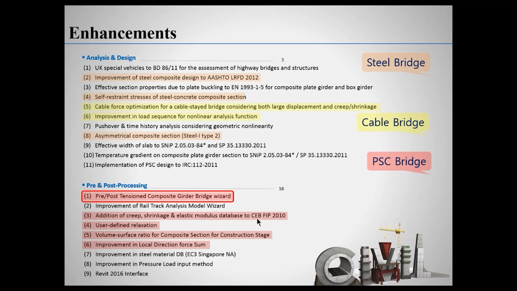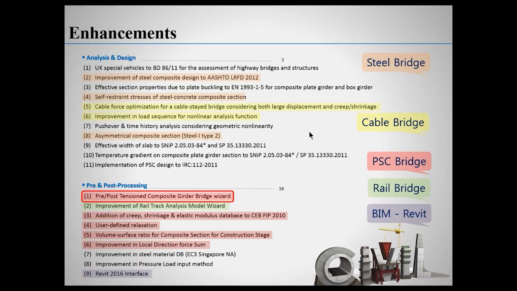And also we improved our database for CBFIP, and you can now user-define the relaxation besides just defining based on the code. I'll cover that further later on. And if you're doing a rail structure project, there's also an improvement to the rail track analysis model widget. Also recently, the program has been used very popularly for BIM. So Midas is capable of communicating with Revit. Also some of the firms utilize Civil, not just for structural engineering and design, but also for delivering the final product.